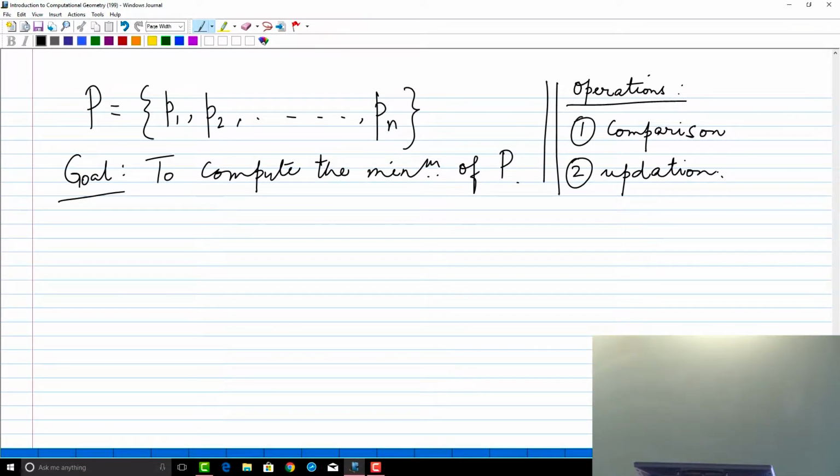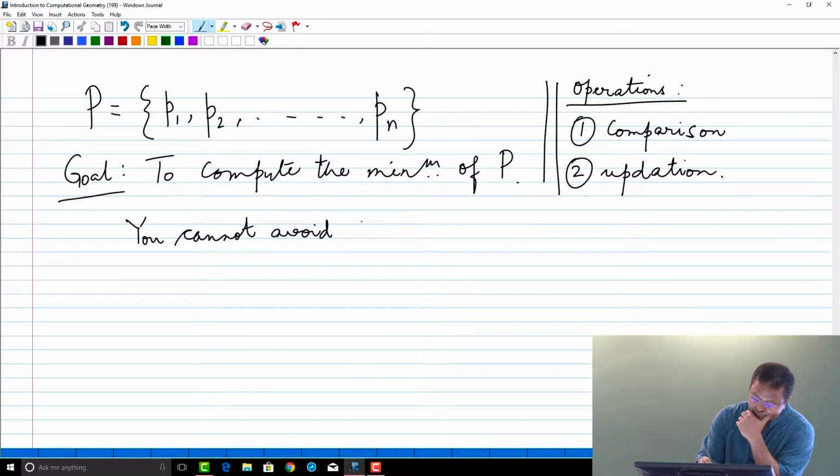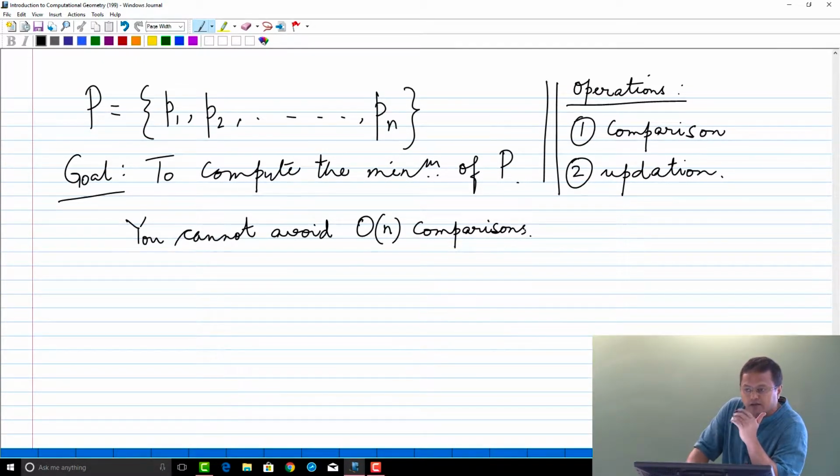But notice a fact that you cannot avoid precisely n minus 1 comparisons, right. You cannot avoid order n many comparisons. The question is,